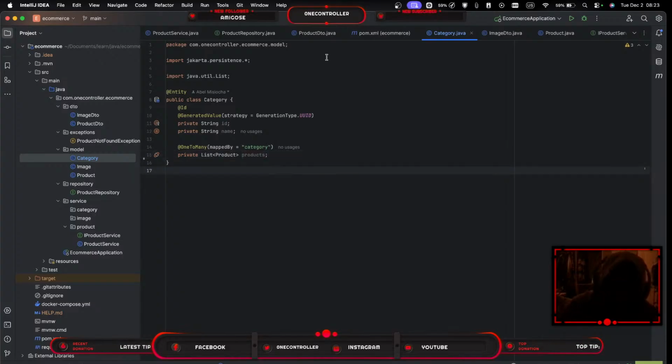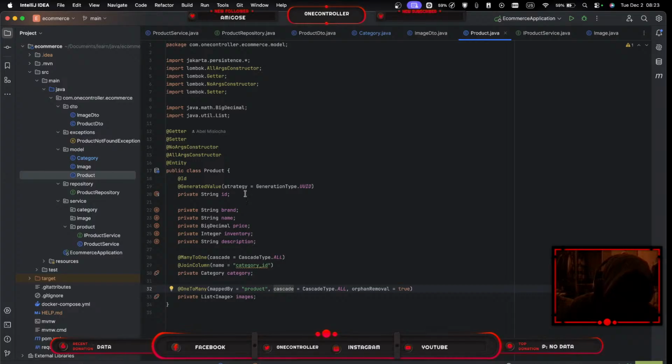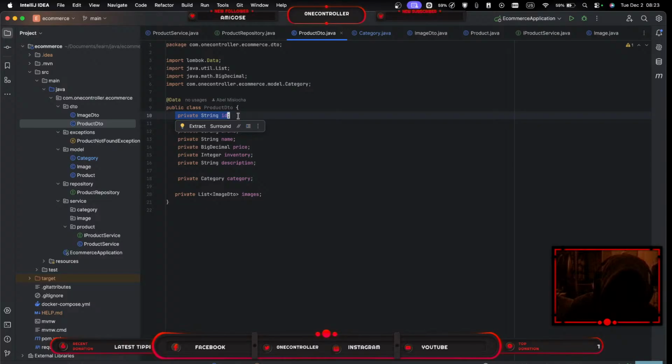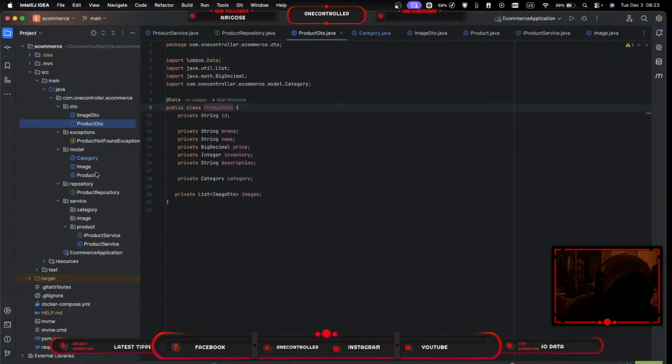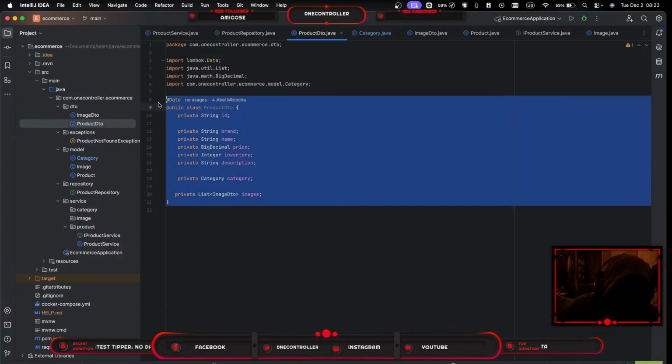So, what I was talking about that time was how, for example, if we check the product DTO, it's more or less the same. Private string ID, it's more or less the same. Yep, it has everything except the things you definitely don't want to be sending to the user. So instead of mapping directly this entity class,